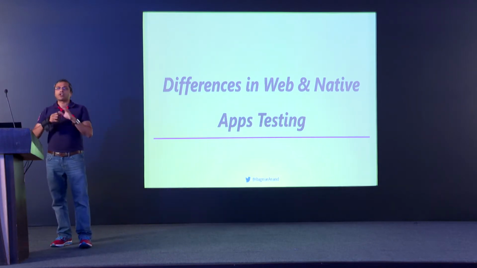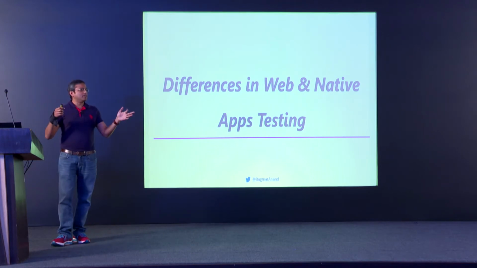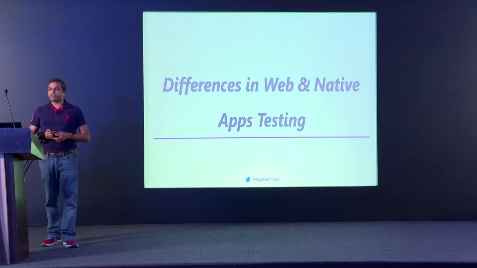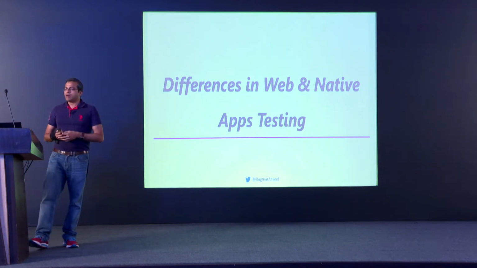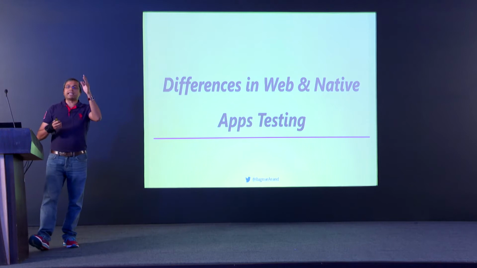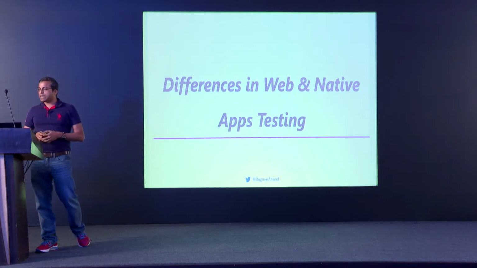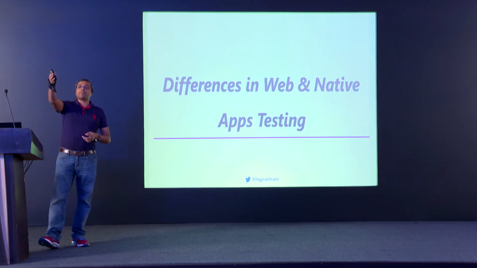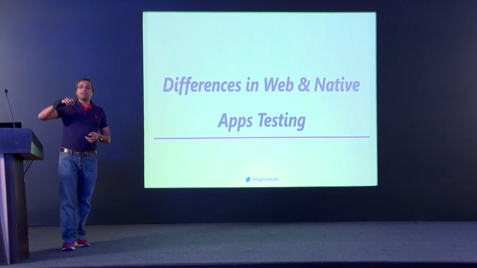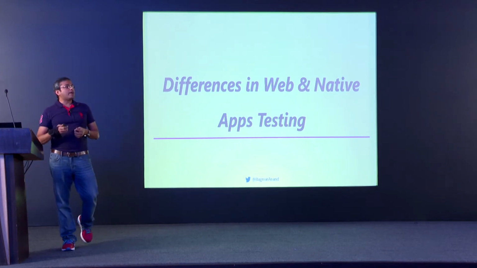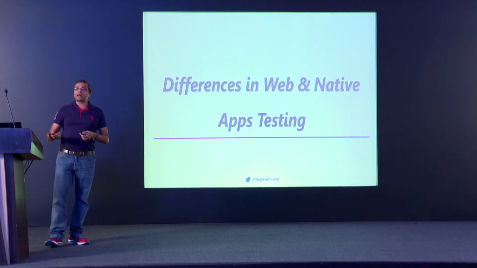So yes, I think we are thinking in the right direction in terms of what the differences are, right? Devices, so form factors might be different, the resolutions, what you are seeing in landscape versus portrait, and if you're keeping on switching in between, what happens to the app in that case. We spoke about memory management and performance, right? I wanted to get a little bit more deeper in that aspect, what it means. In case of native apps, you have to think about the device hardware capabilities and how the app is going to interact with that, which is much more